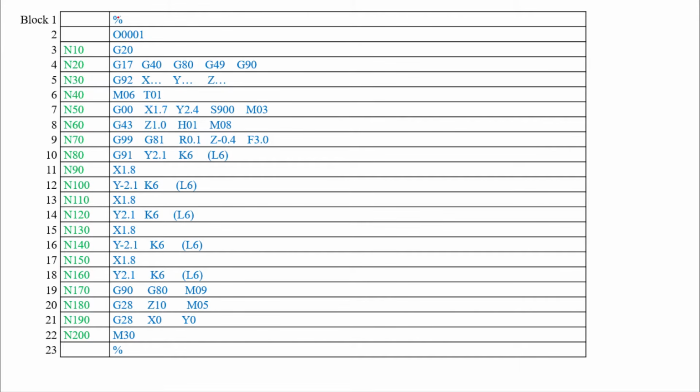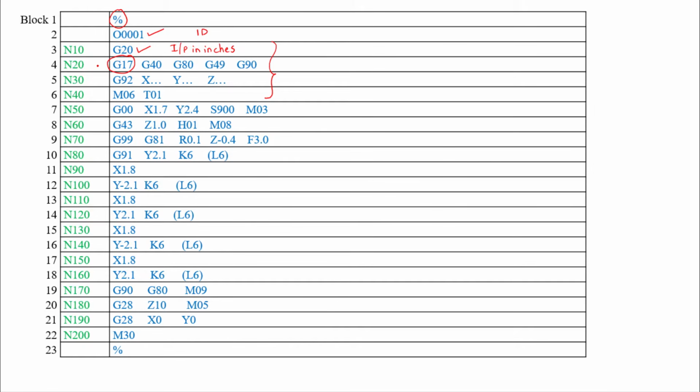So we are having the start of the program, then the program ID. This is ID and number, and we are having the initial commands. So initial commands can be seen on your screen. G20. G20 is input in inches. So we are giving here input in inches that need to be specified. Then we are selecting the XY plane. For that, G17 is to be used.